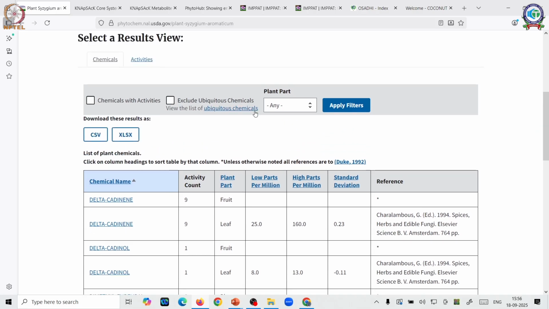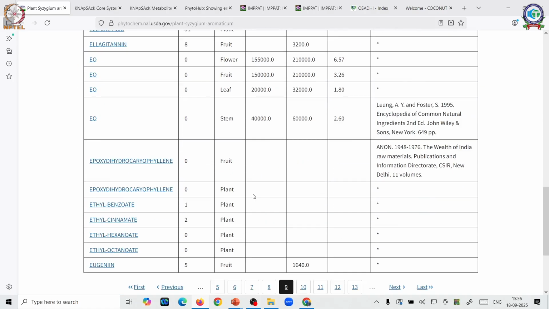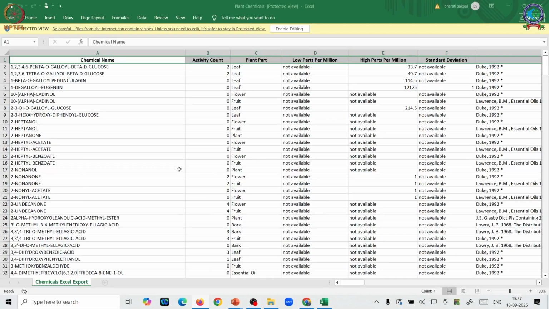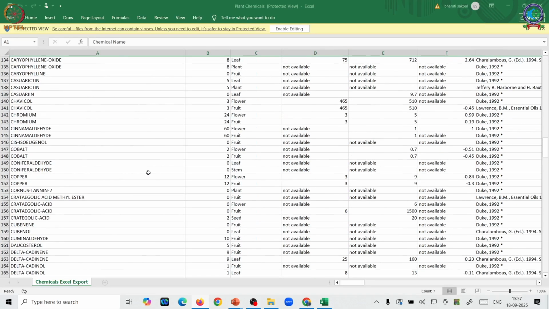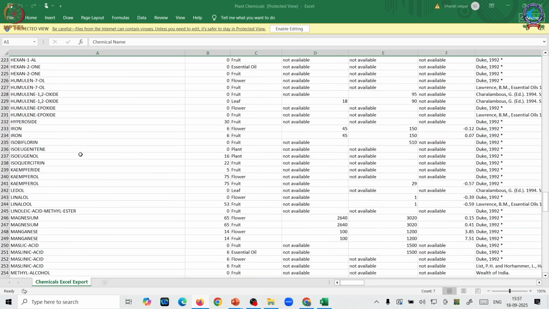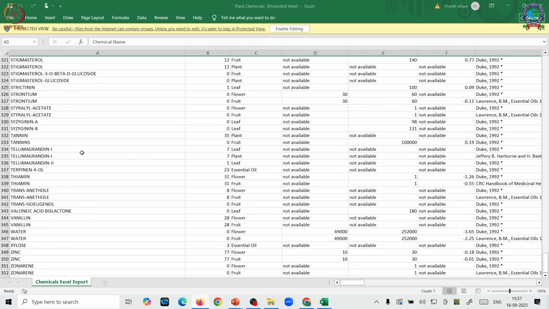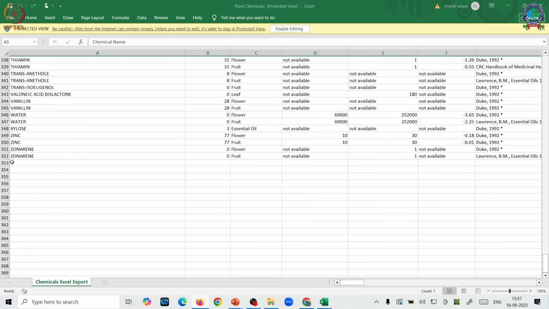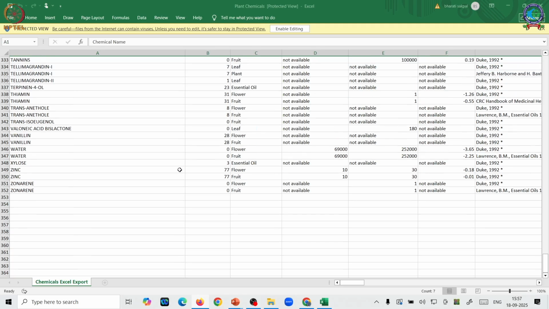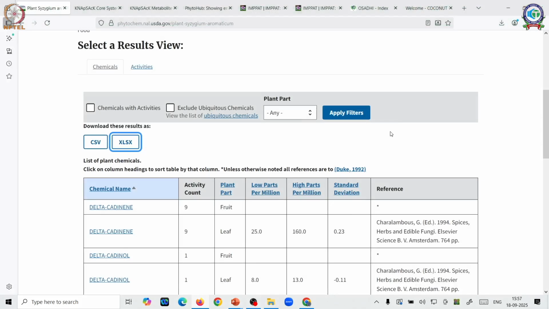Say for example, it has come out with thousands of entries. These can be nicely downloaded as an Excel sheet and then copy-pasted wherever you want. You can see here the whole of those pages that we were seeing. Many of them are repeats, some with a spelling mistake, and some are repeats because they are from different plant parts. For example, for one compound you can see the repeat is because one is from flower and one is from fruit. So you come across almost 352 entries here. I will not save this.